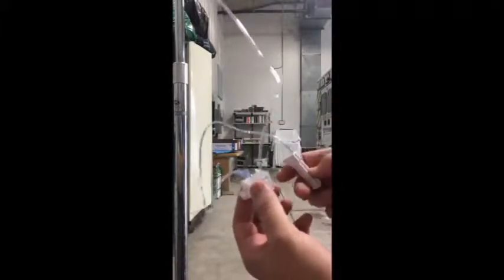Like I said, you hold it upside down and then open the roller clamp, open the lock on the chamber itself. There's the wrong way to do it. You're going to get air bubbles in there versus holding it upside down. There's that little ball that I talked about that you can massage. So upside down, open it,